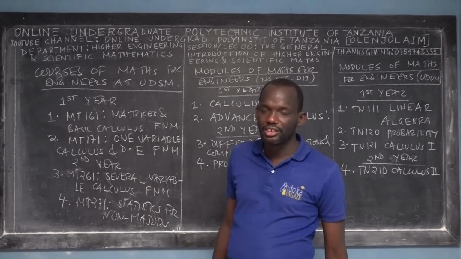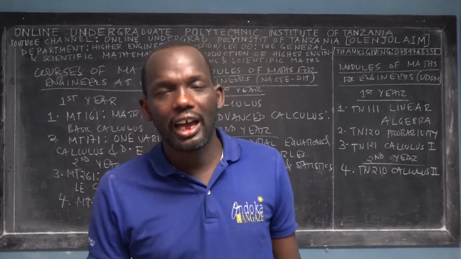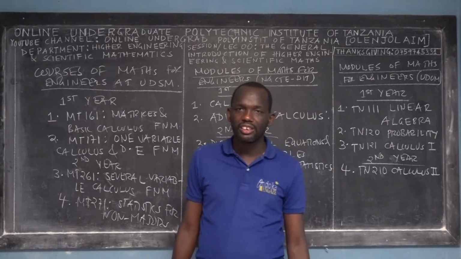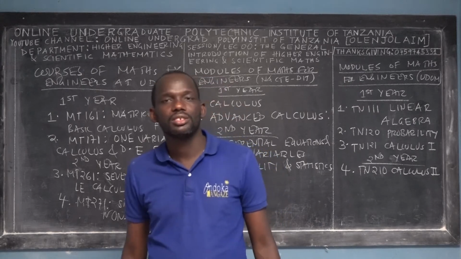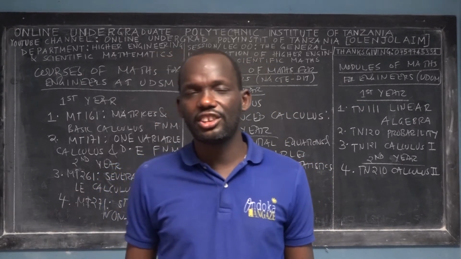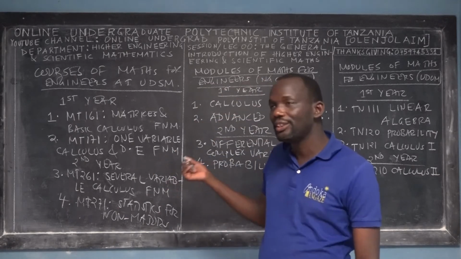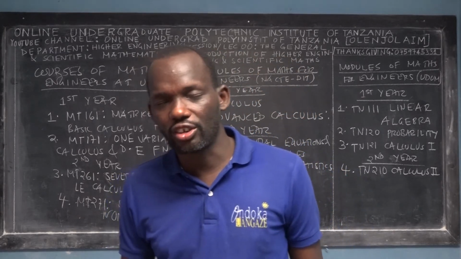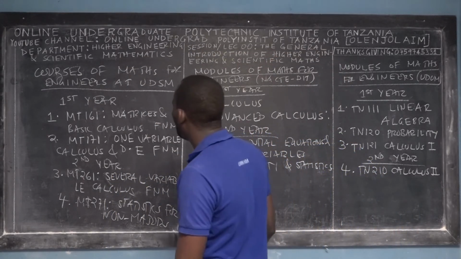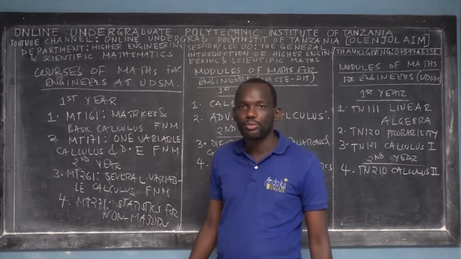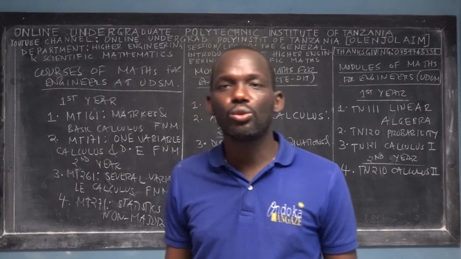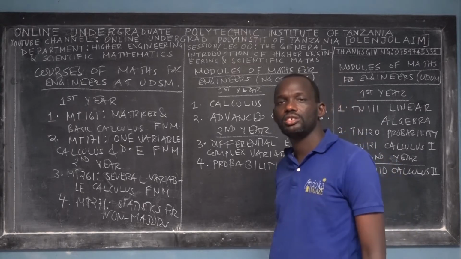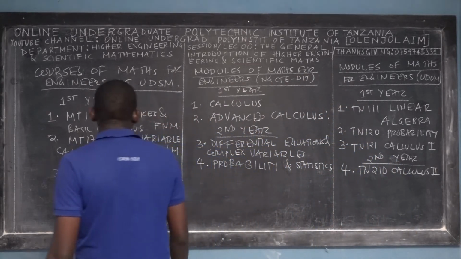These materials are cross-cutting materials. They can be used elsewhere in Tanzania, and even on the African continent, and even in the world, because mathematics is common. So you have to get connected and check your course outlines. Possibly the name might differ from these 12 courses, but that's not a great issue. Just check the contents, because in every course, before I begin, I will mention the subtopics that we are going to cover, so you'll know whether your module, which is not in this list, will be touched or not. So you have to be careful when you are watching the video.